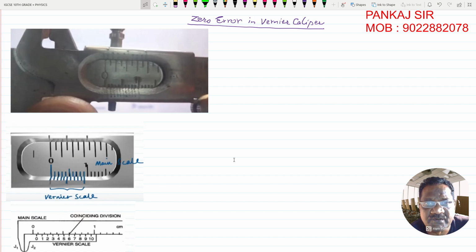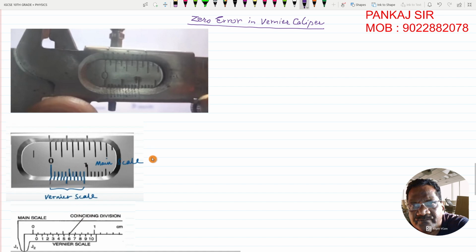A property of a Vernier caliper, which is known as a zero error. Okay, now let us see what this zero error means. In a Vernier caliper, once it is used for too many days, or for a longer time, there may be an error which may come into the Vernier caliper, in the form of something called wear and tear. Now, normally, if you see this particular diagram,